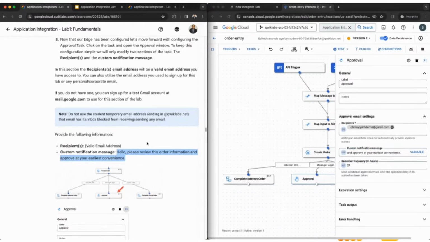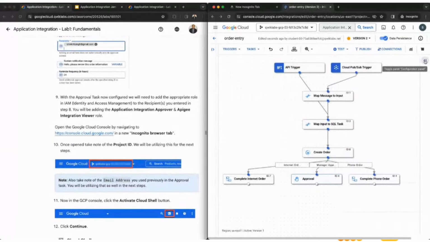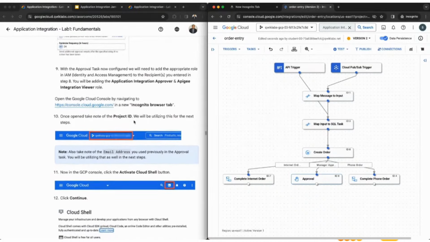Okay. Now, the next portion of this, we're going to tie this into identity and access management. Now, what's key about all Google Cloud solutions, they're tied into identity and access management. You want to have role-based access controls in these solutions to be able to prevent individuals in your organization from just being able to do anything to your platform. So to be able to be an approver inside of our telco organization in our GCP environment, you have to have the appropriate permissions. So as you can see here in step 9,